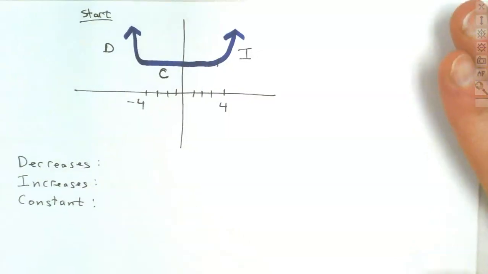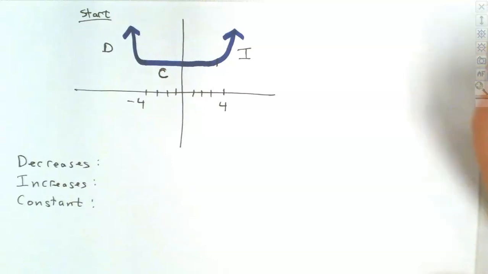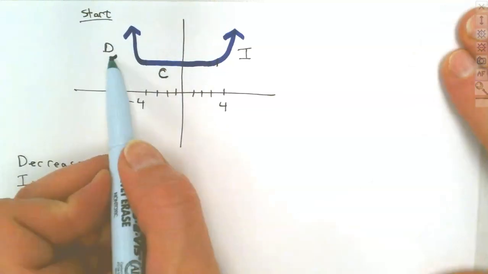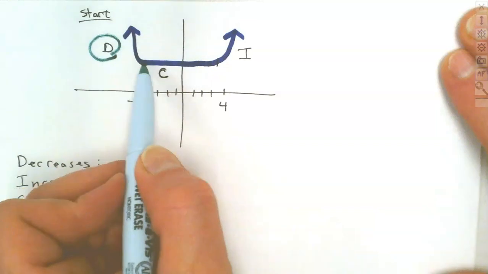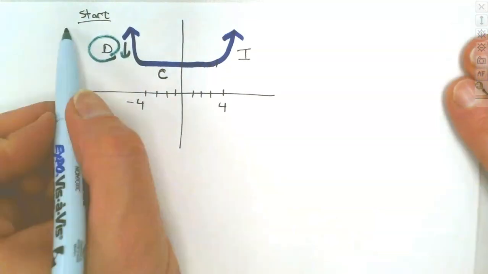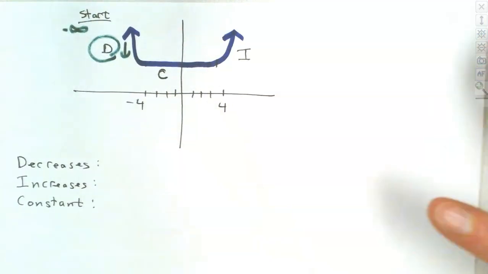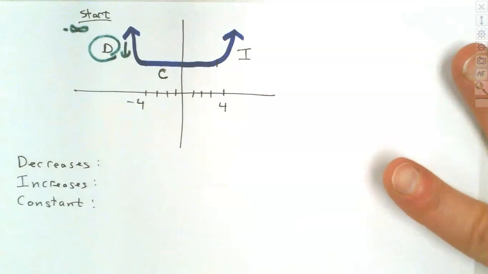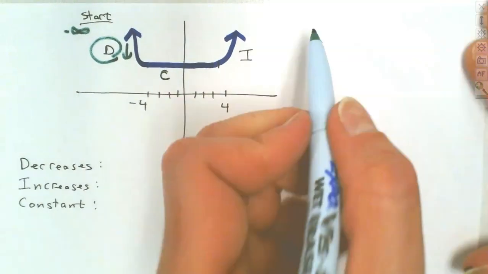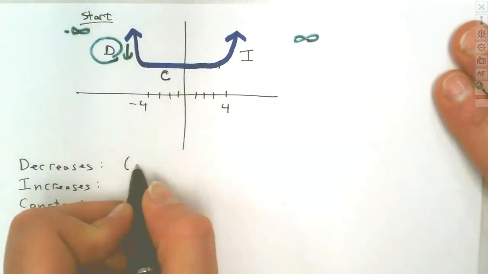So where is it decreasing from? Well, it looks like it's decreasing in this area right here. Okay, this is our decrease. Label on the x-axis. So it looks like it's decreasing from about negative infinity, because on the left is negative infinity, to the right is positive infinity. So it's decreasing from about negative infinity